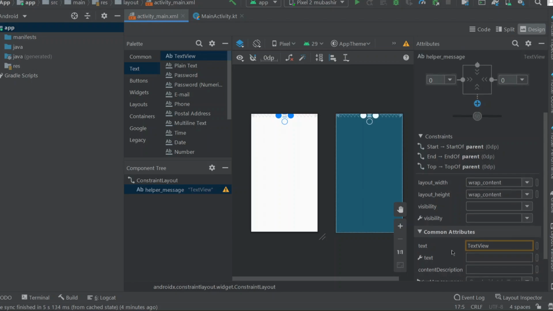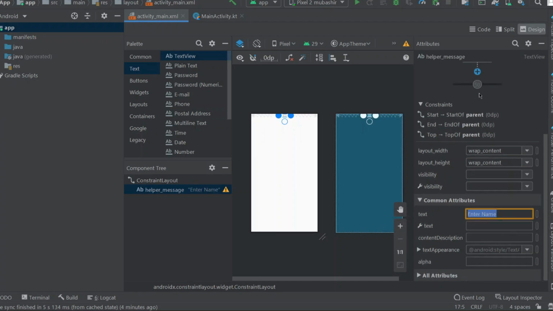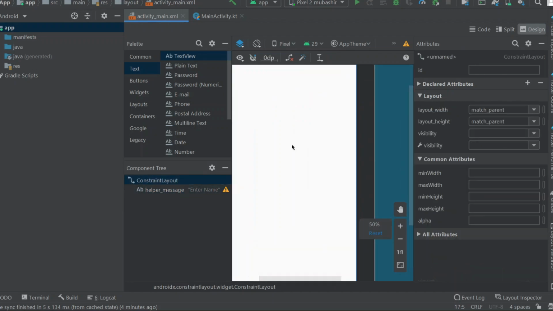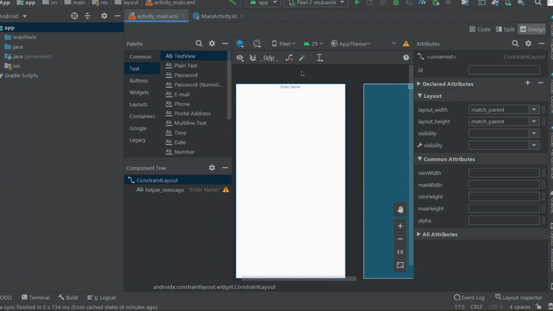And in the text view here we can give enter name. Okay, so now here you can see enter name, but this doesn't look good if this gets attached to the top, so we need to give this a margin.